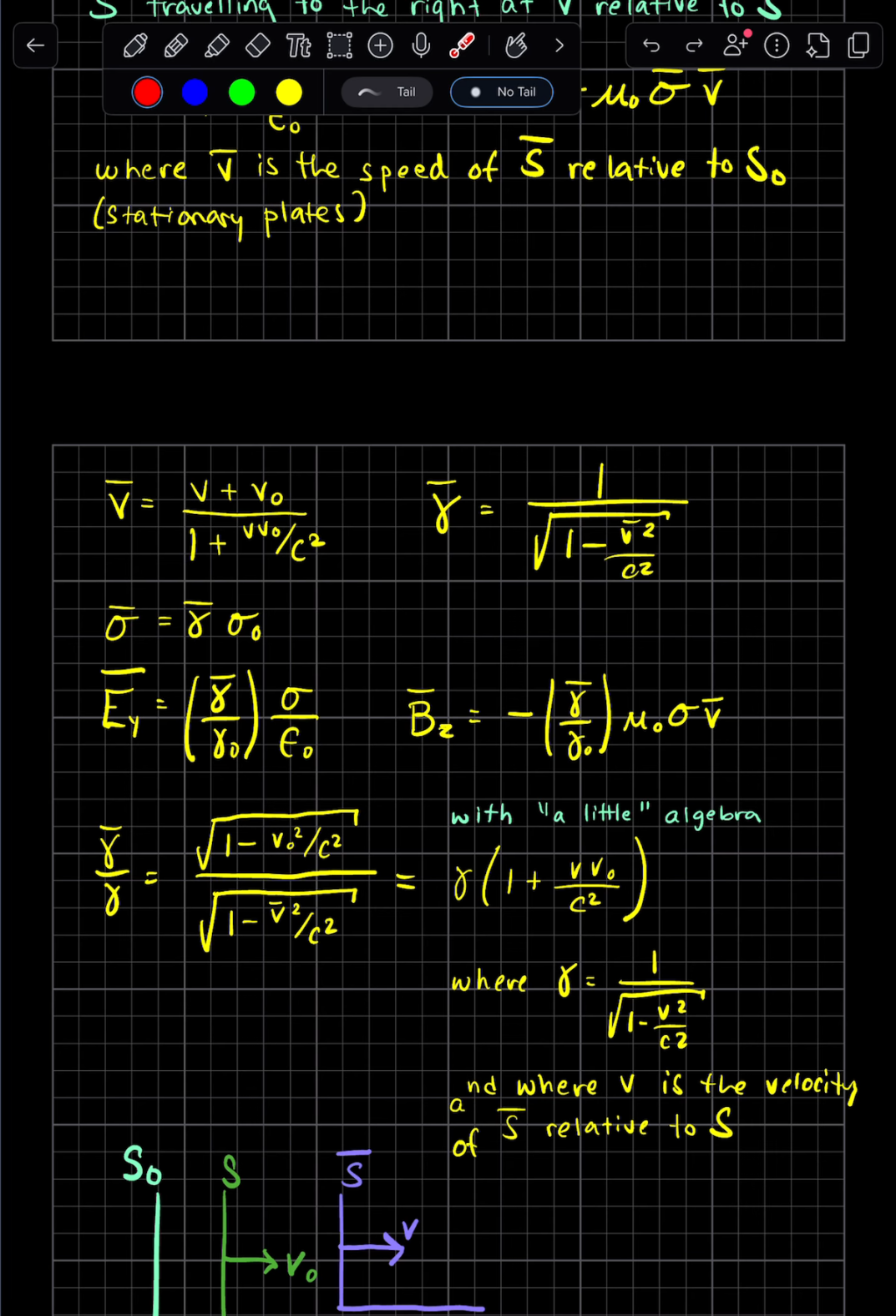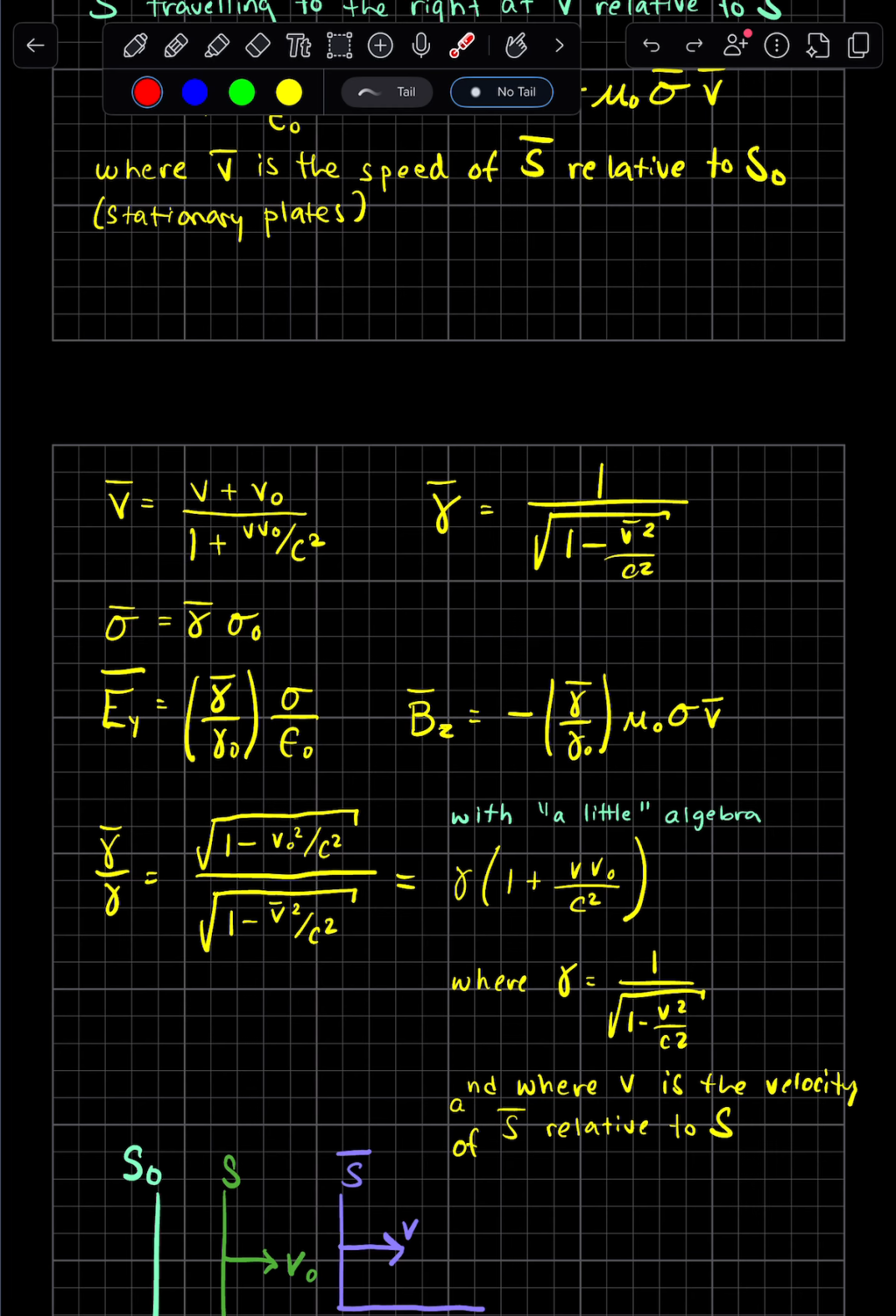Now, the ratio of gamma naughts to gamma turns out to be the ratio of the square root of 1 minus v naught squared over c squared to 1 minus v bar squared over c squared. And this is a funny line in the Griffiths. He says, with a little bit of algebra, you can derive this. Now, I'll tell you, I went off and tried to do it and eventually succeeded. It took me so long that I'm not even going to include it in my notes,